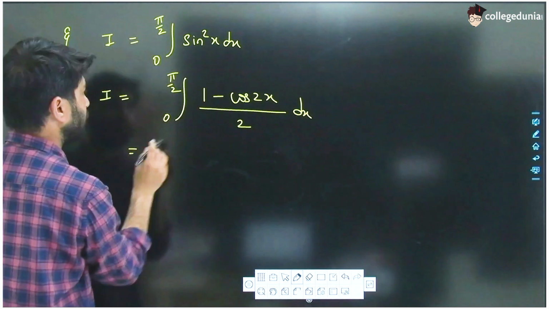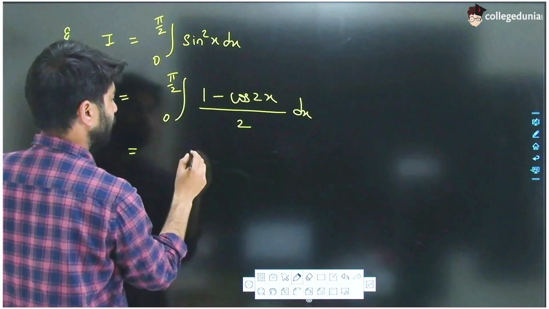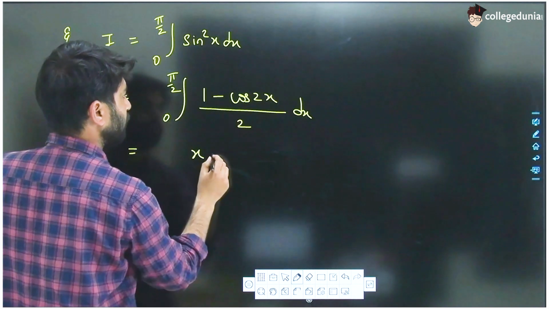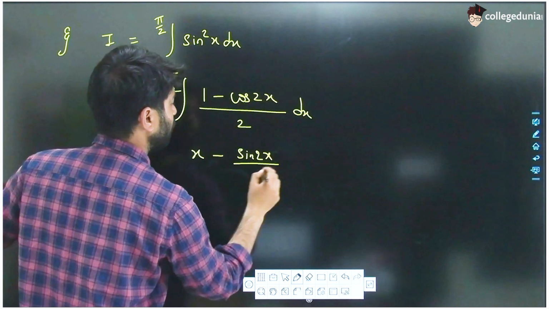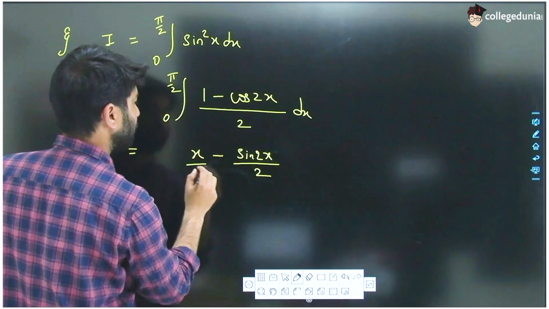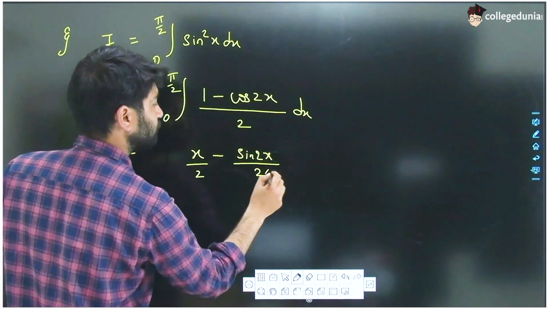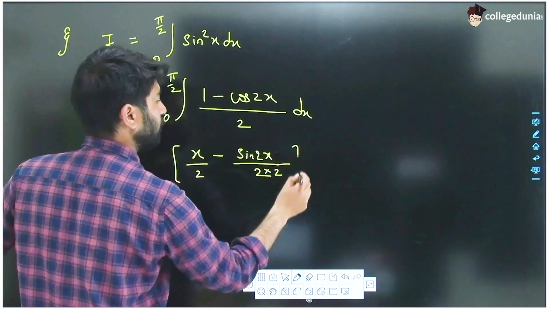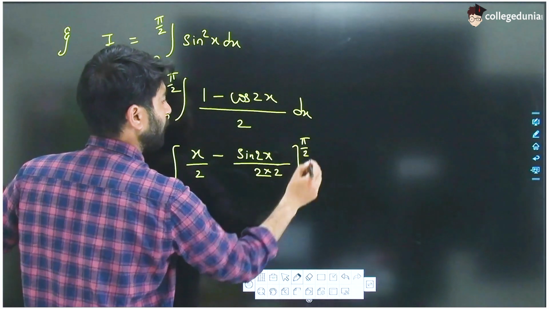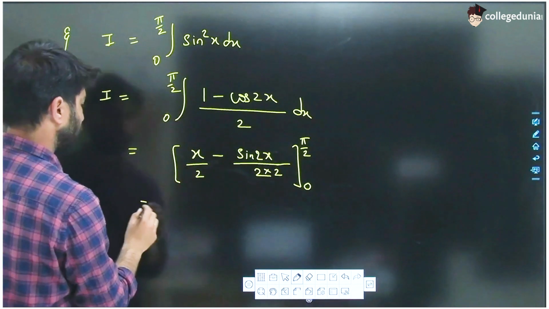So now 1 can be integrated. The integration of 1 is x. Integration of cos 2x is sin 2x upon 2. दोनों के डिनोमिनेटर में ये 2 भी आ जाएगा। ओके, यहाँ pi/2 इधर रहेगा 0।